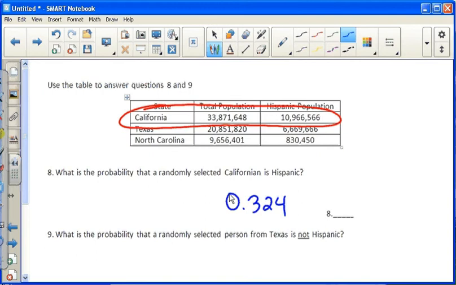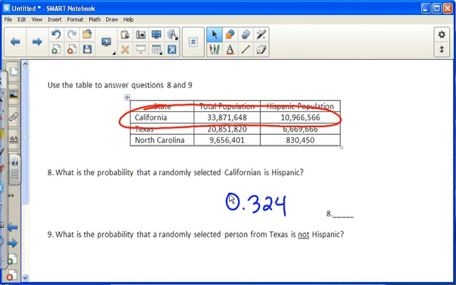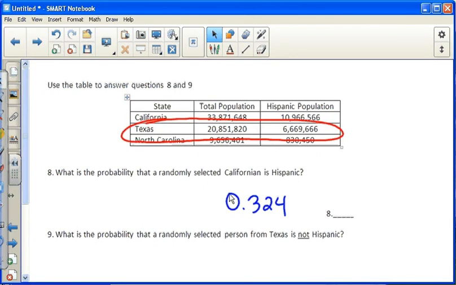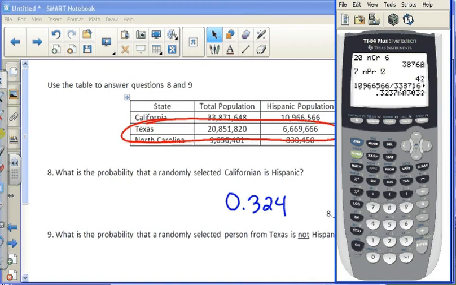Number 9 says, what is the probability that a randomly selected person from Texas is not Hispanic? Okay, the simplest way to do this one is to actually find the probability that someone from Texas is Hispanic, and I'll show you why in a second. We can easily do that, because that would be the same process as number 8. We just divide the number of Hispanics in Texas by the number of total Texans,